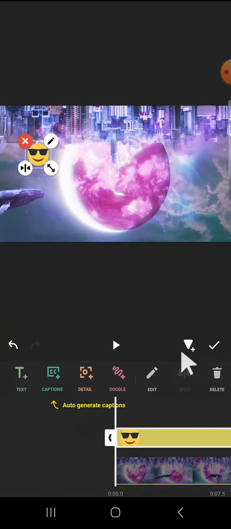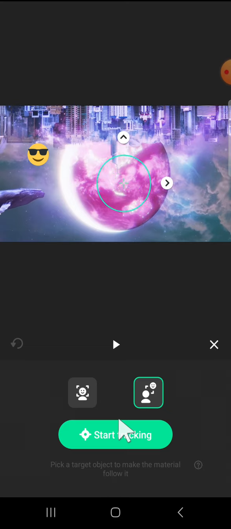Okay, and we can scroll all the way to the right until we find the tracking option or the tracking feature. Then you can click on this tracking feature. Then you can select the type of the tracking, and I'm gonna go with this one. Okay, and then you can place the circle on the object you want to track. Okay,